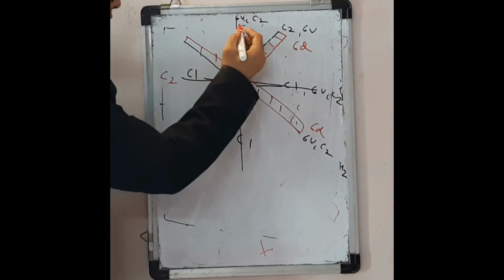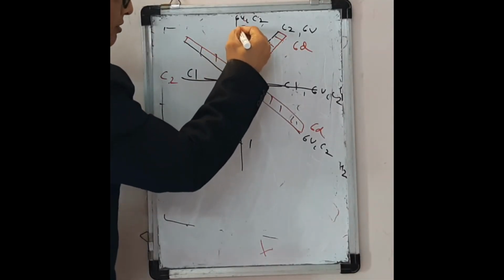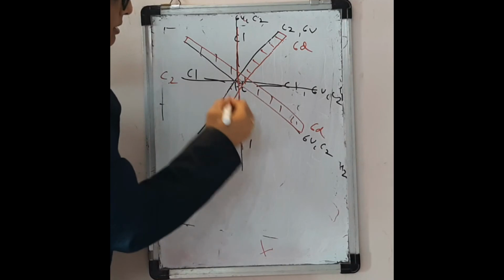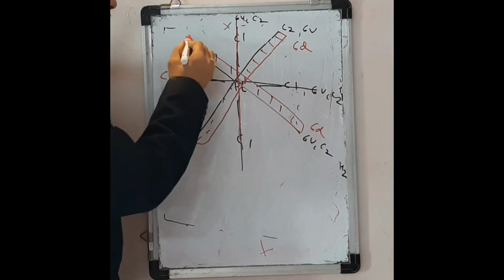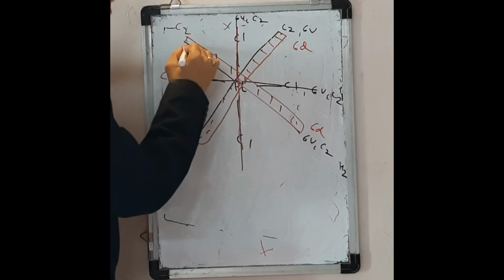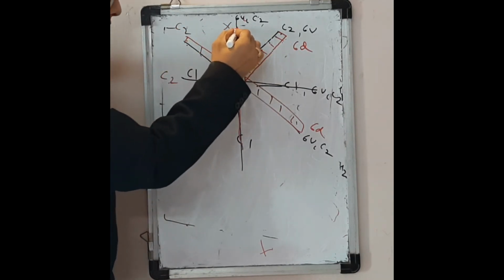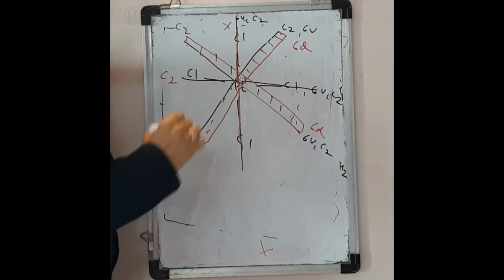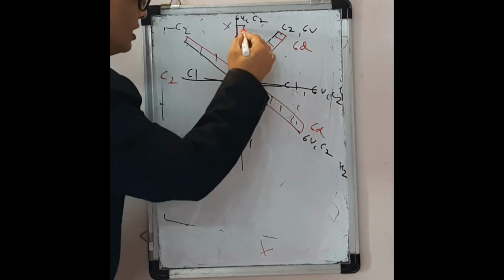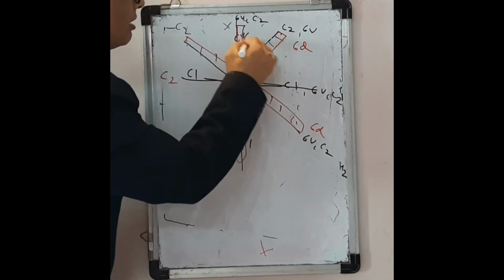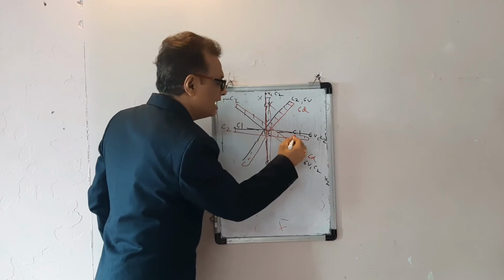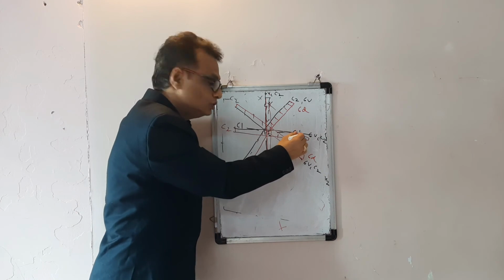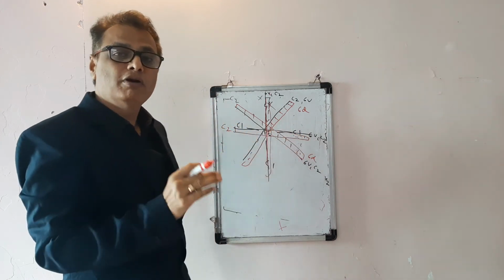Why should this not be considered as a diagonal plane of symmetry? The reason is that it also bisects two perpendicular C2 axes, but it contains the maximum number of atoms, the Cl-platinum-Cl angle. So this should not be considered as a dihedral plane of symmetry. Similarly, this should not be considered as a dihedral plane of symmetry because it passes through Cl-platinum-Cl, and therefore PtCl4 has two dihedral planes of symmetry.